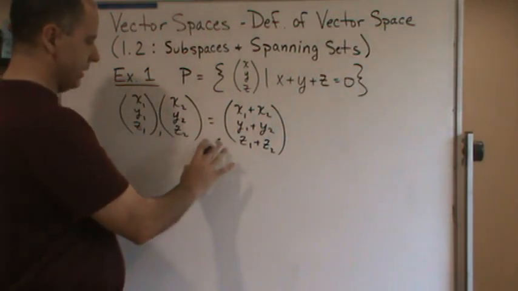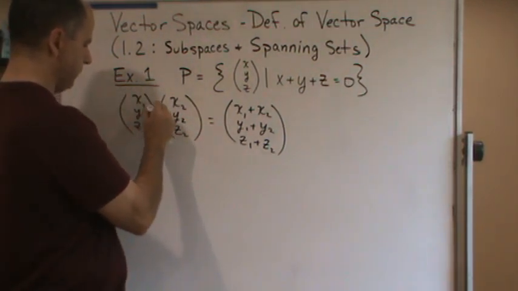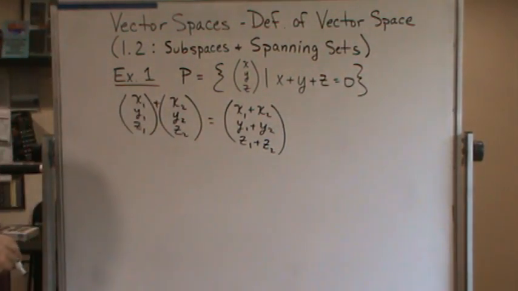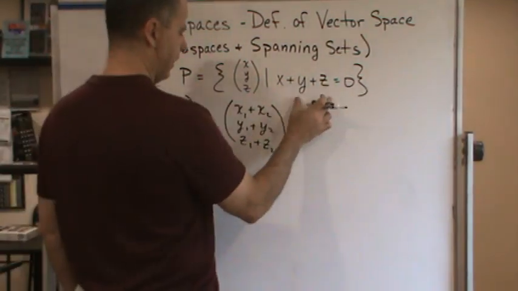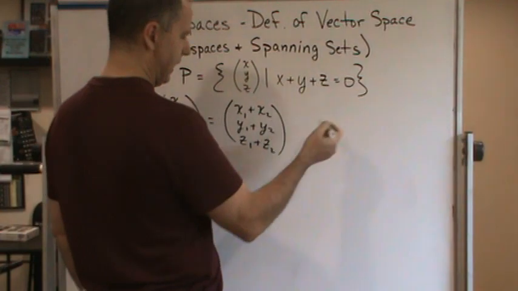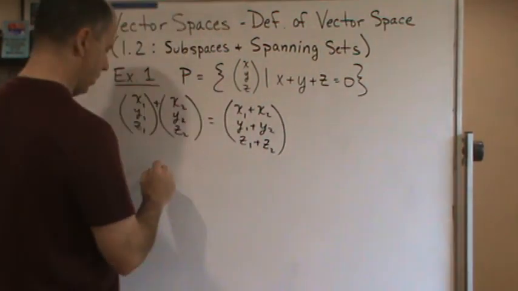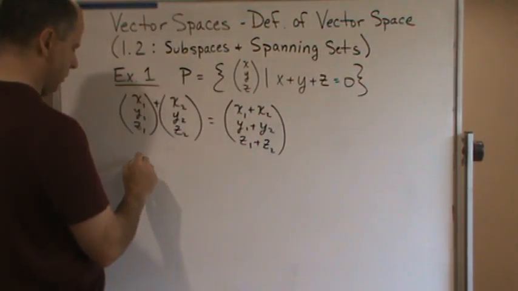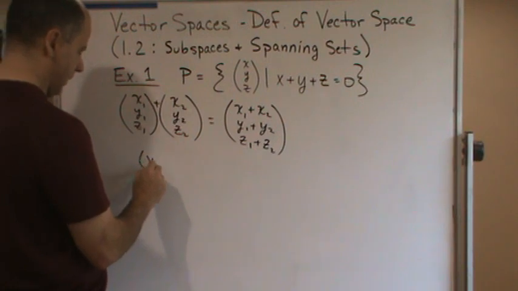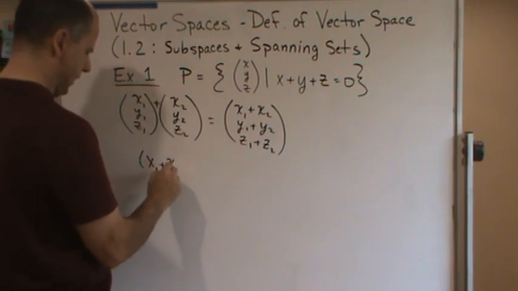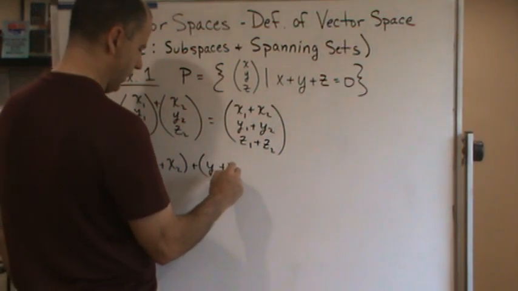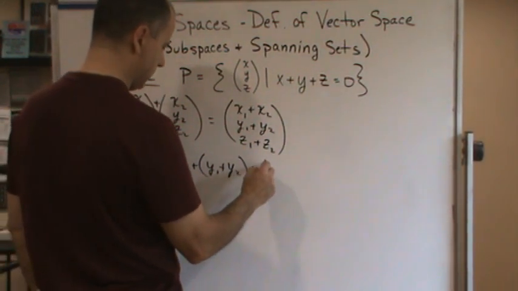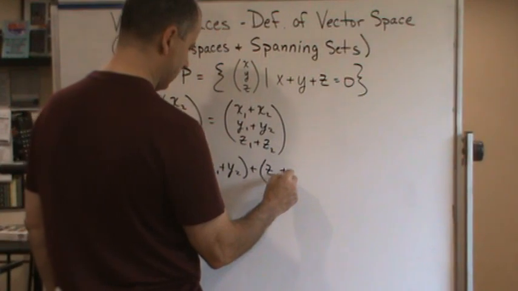We added these two vectors, and is this still in the plane? Well, we have to show that these three components add up to 0. So we're going to have to show that x1 plus x2 plus y1 plus y2 plus z1 plus z2